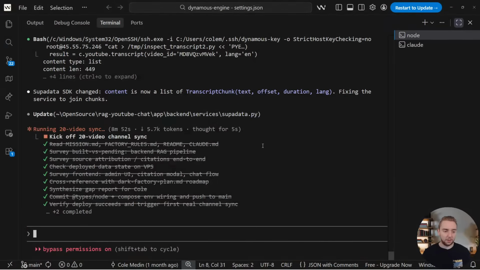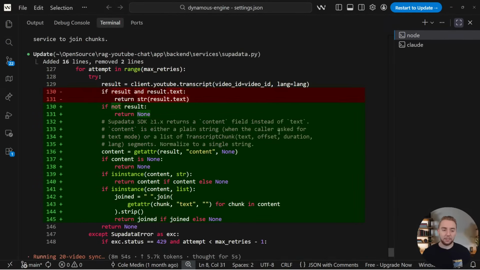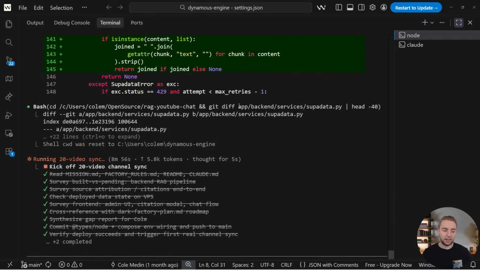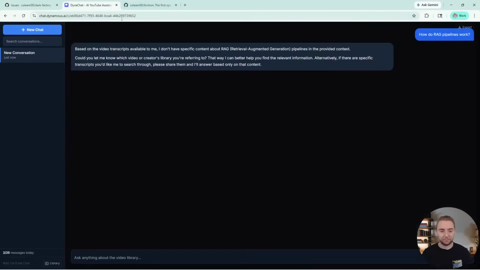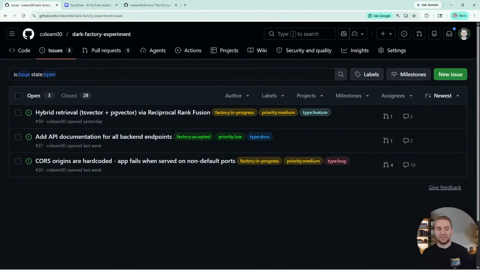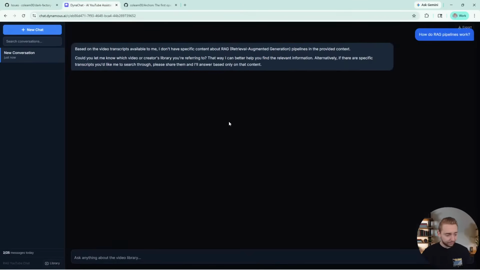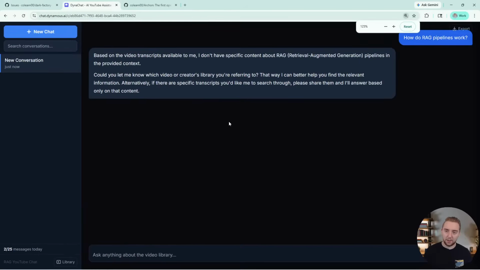So this is in the middle of running right now. But even while this is running and fixing things, I want to show you guys how simple it is to identify some problems here, put it as a GitHub issue, and then see it start to go through them. And so our application right now, here I'll zoom in a little bit so it's easier to see.